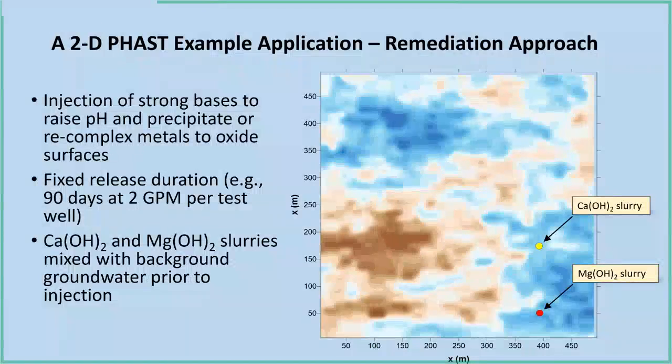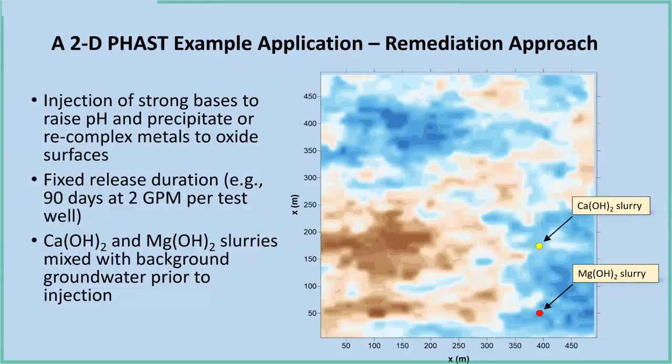This is based on a real site and involves the injection of strong bases to raise the pH of the groundwater and precipitate or recomplex the trace elements of concern to the oxide surfaces. So the injection scenario, this was a pilot test, involved